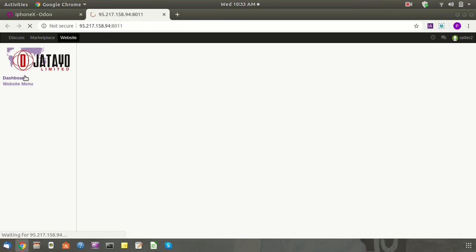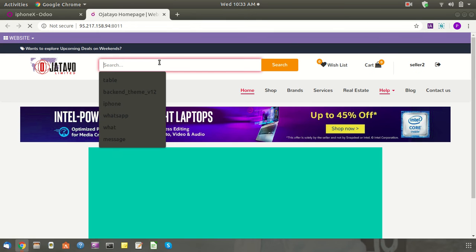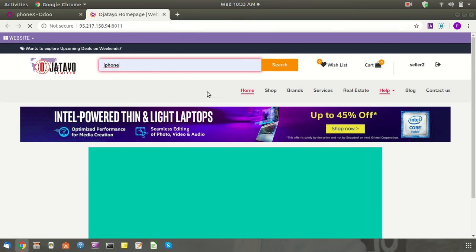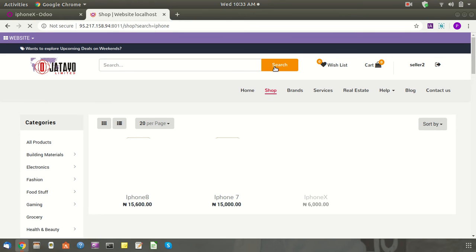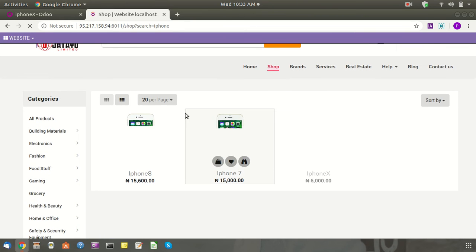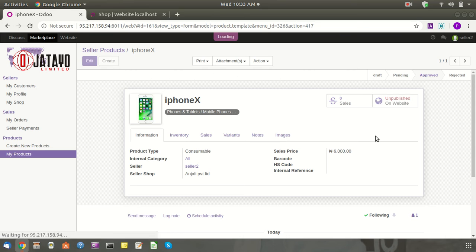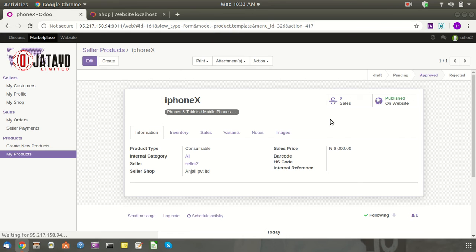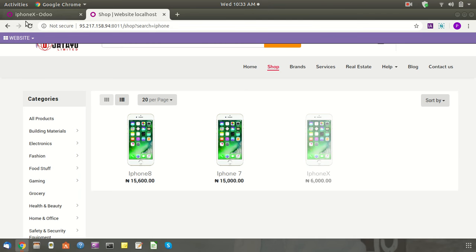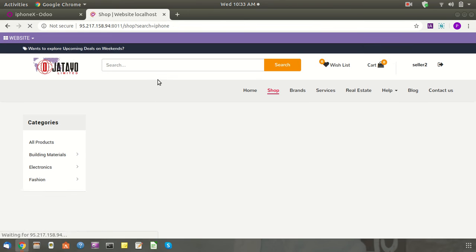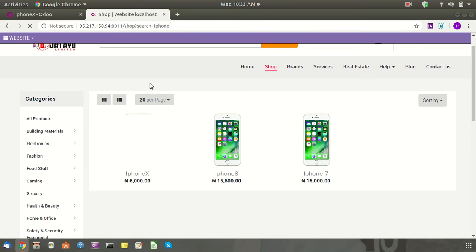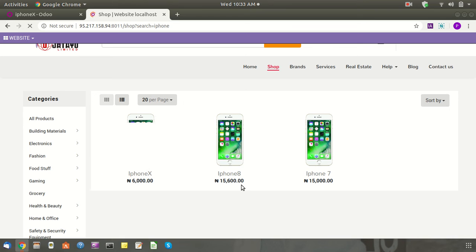So let's see how the product looks. Okay, so iPhone X is already published.